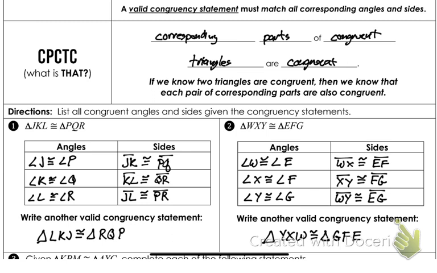Because your Y still matches up with G, your X still matches up with F, and finally your W needs to match up with your E. Any questions on those? If you can't do that, you're missing out on one of the easier questions on the test. It should just be copy paste, kind of free points, right? If you know what you're doing, this should be as easy as free points because you're just copying orders of